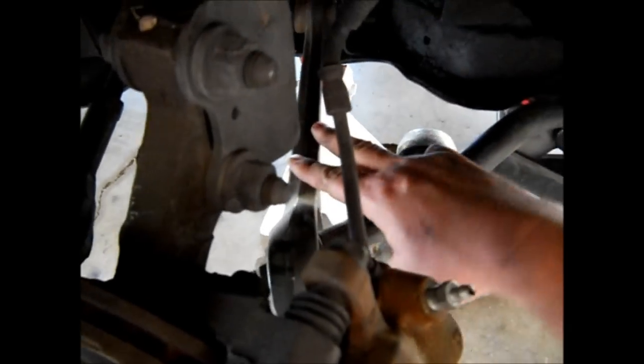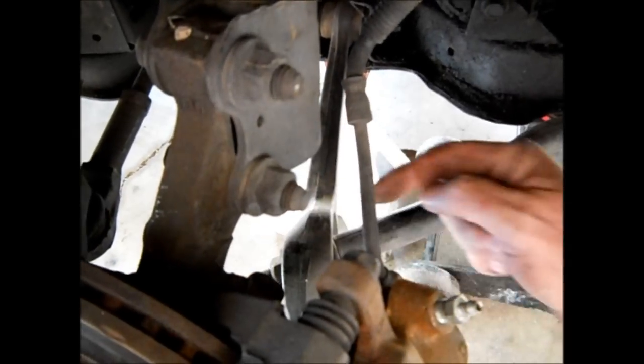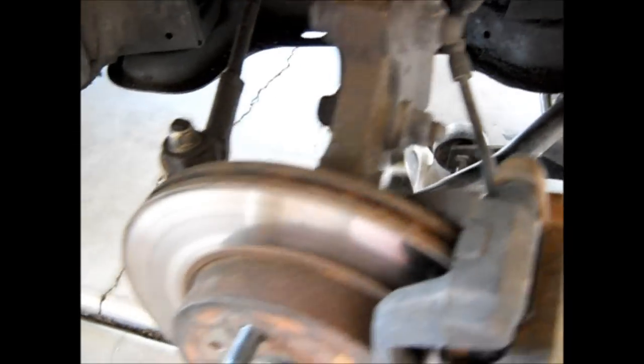Come take the camera over here, please. I put a steel bar through here, and I was able to shove down on this to separate the ball joint. So swing the camera over here, young man, and